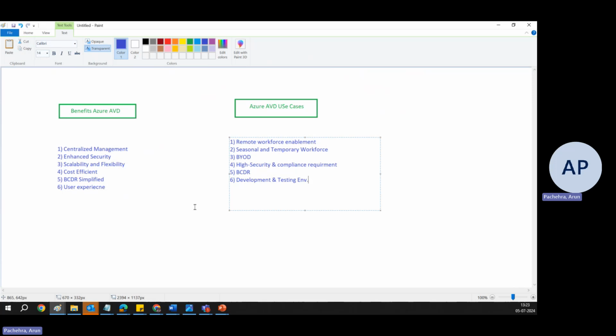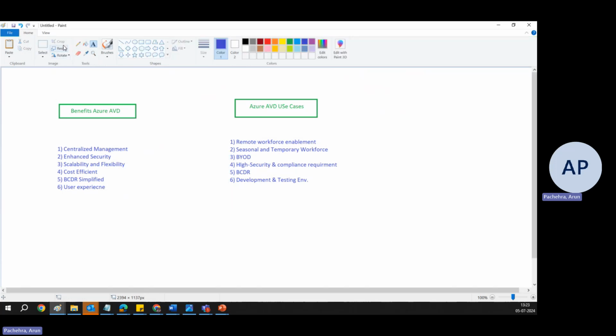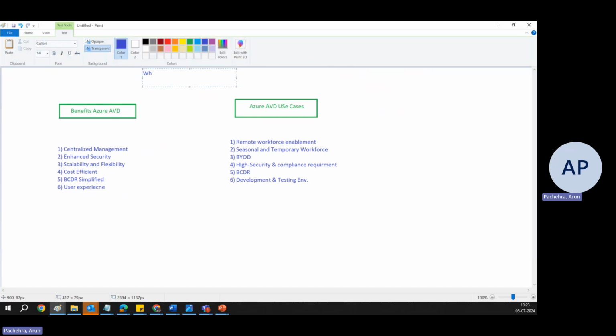So with this, we just tried to understand the question: why should we use Azure AVD, or when should we use Azure AVD, right? So these are the use cases for when we should use Azure AVD, and these are the benefits for why we should use Azure AVD. And I hope